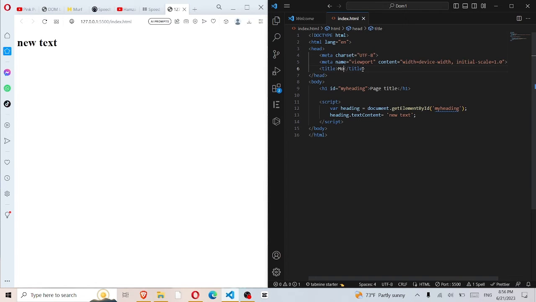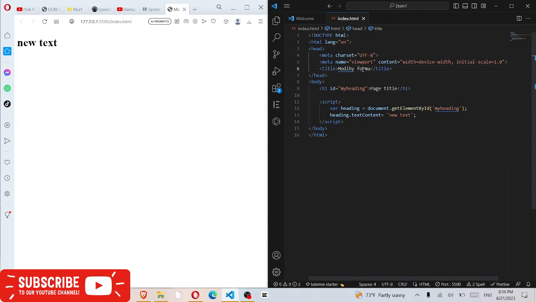Modify formats. <p id="myParagraph">This is a paragraph</p> <script> // get the element and modify the background color. var paragraph = document.getElementById("myParagraph"); paragraph.style.backgroundColor = "yellow";